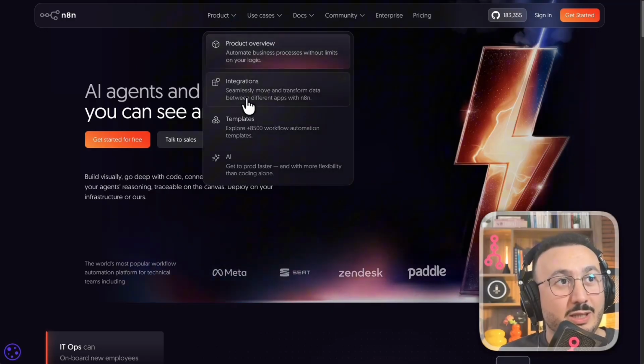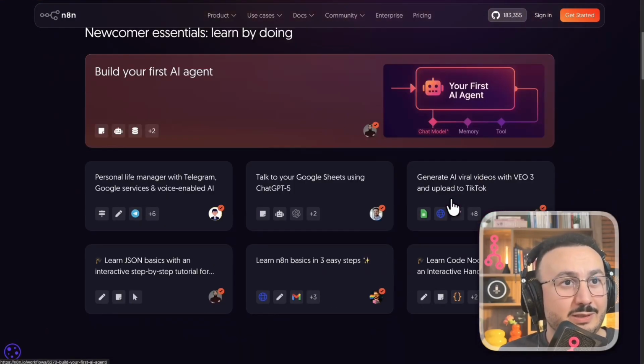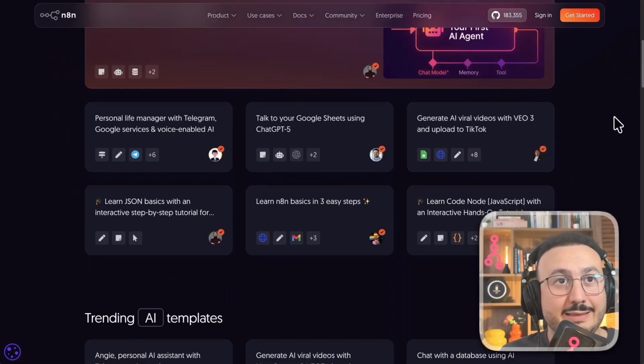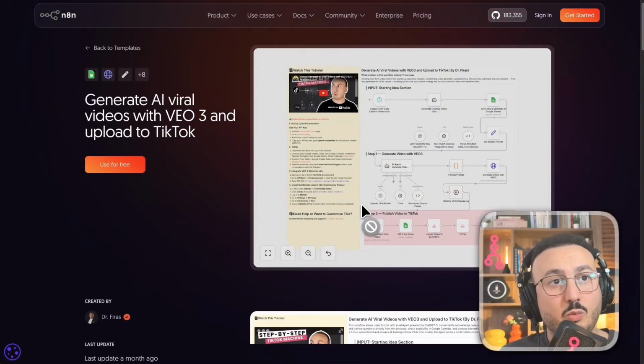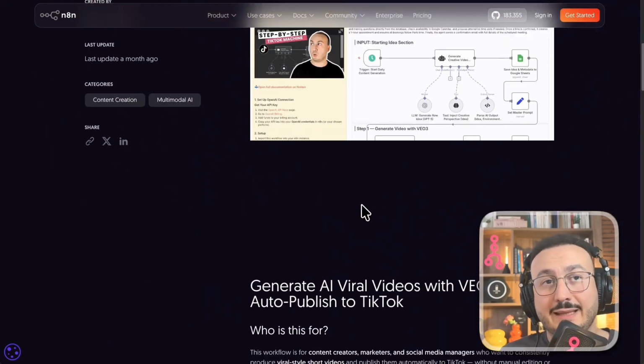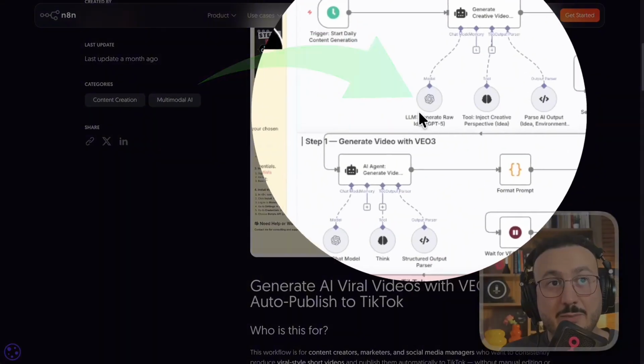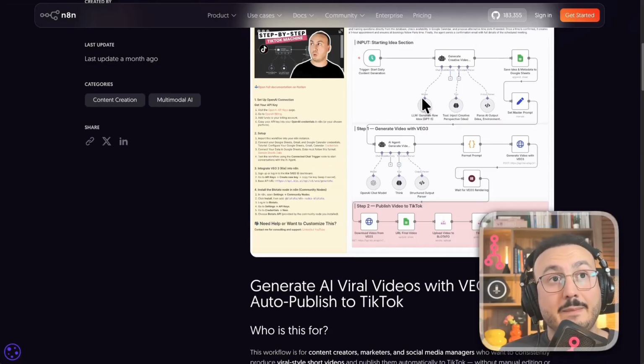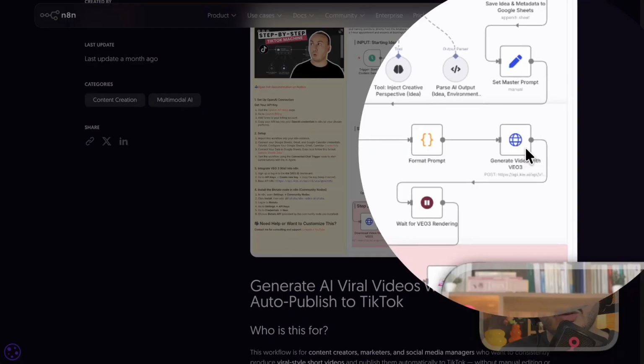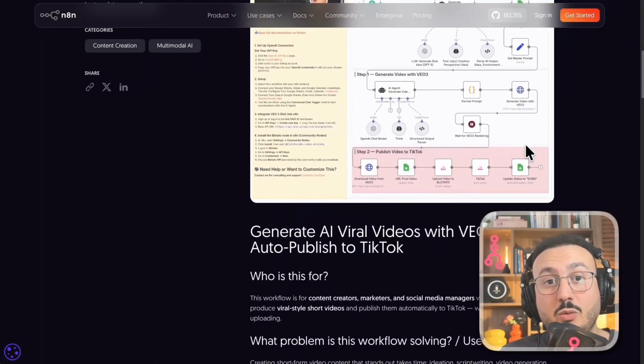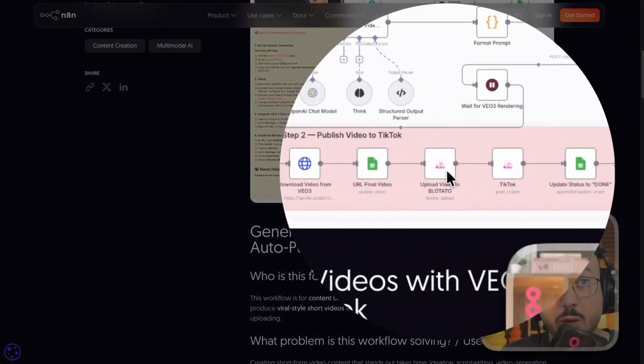So when I go here into the templates, I have quite a few templates here. For example, let's take this one. This is mine. If I go in here, I've set up what's called a workflow. That means that here, look, I have my LLM, ChatGPT 5. Here, I've set up a workflow that simply allows you to create a scenario. And as you can see, it has access to Google Sheets. It has access to a video creation tool. It even has access to my social networks thanks to an extension called Blotato.